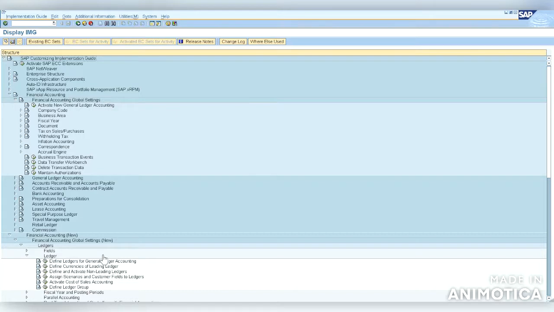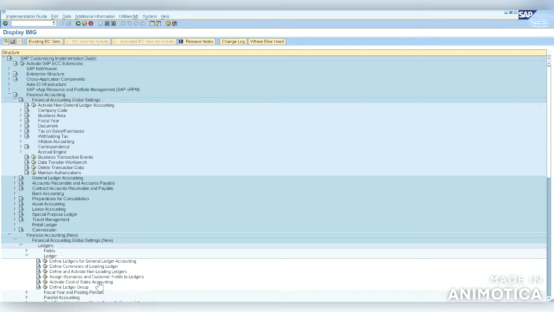So as we discussed in our previous videos, S/4HANA has an inbuilt new GL. If we see here, Financial Accounting Global Settings, Ledger, Define Ledgers for General Ledger Accounting, Define Currencies of Leading Ledger, Define and Activate Non-Leading Ledgers, Assign Scenarios and Customer Fields to Ledgers, Activate.